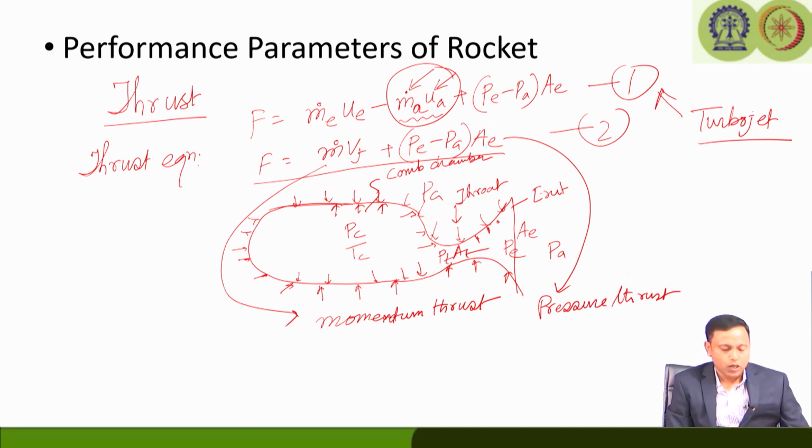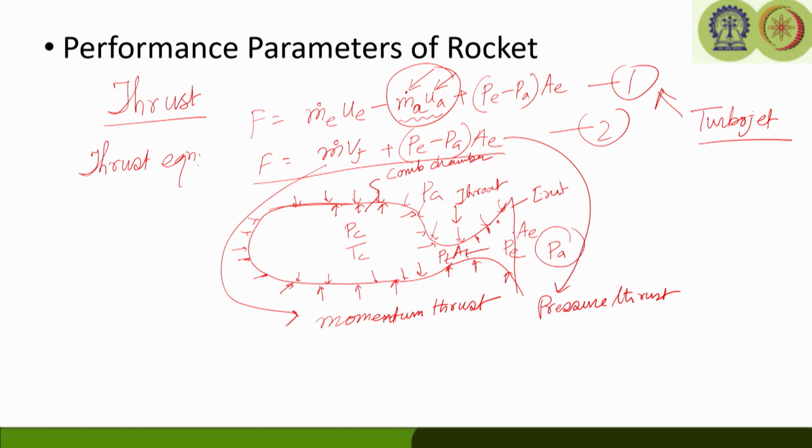Okay. Now, if we say that my vehicle is going above the sea level and is going up in the altitude, so your PA is changing. PA is the ambient condition, because on PA we do not have any control. So, as we go up and up, your PA is reducing. So, there may be some situation towards the lower altitude that your PE is less than PA.